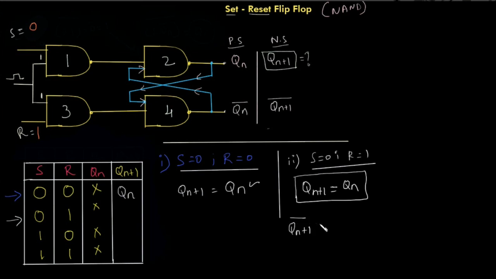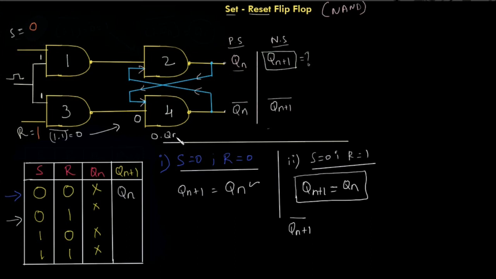Now you can see this R is equal to 1 and the clock is also equal to 1. So R is 1 and the clock is also equal to 1, whole bar, right? 1.1 bar is 0, and this 0 is fed as an input to NAND gate number 4 here. Also, 4 is a 2-input NAND gate. So one input is 0 and the other input is the output of NAND gate number 2, which is nothing but Qn. The Qn is coming and joining with 4. So 0 dot Qn, whole bar,